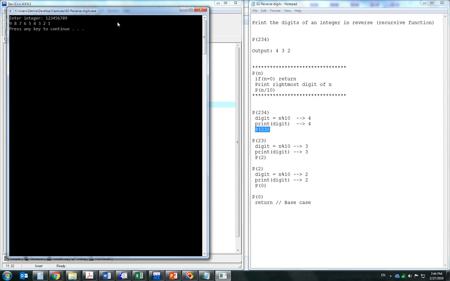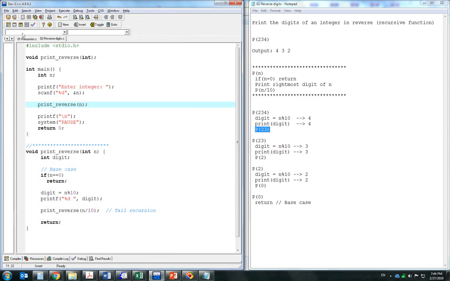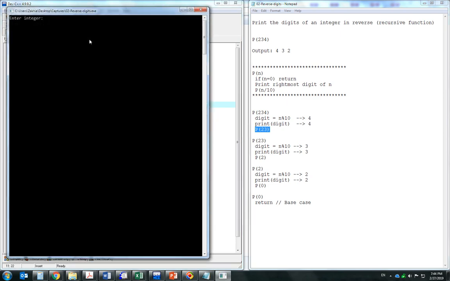123 million, right? 1, 2, 3, 4, 5, 6, 7, 8, 9, right? 100 million, you can do that with integer. Integer, you can go up to billion. So, all right, works. Let me put zeros in the middle, because sometimes when you have zeros in the middle,